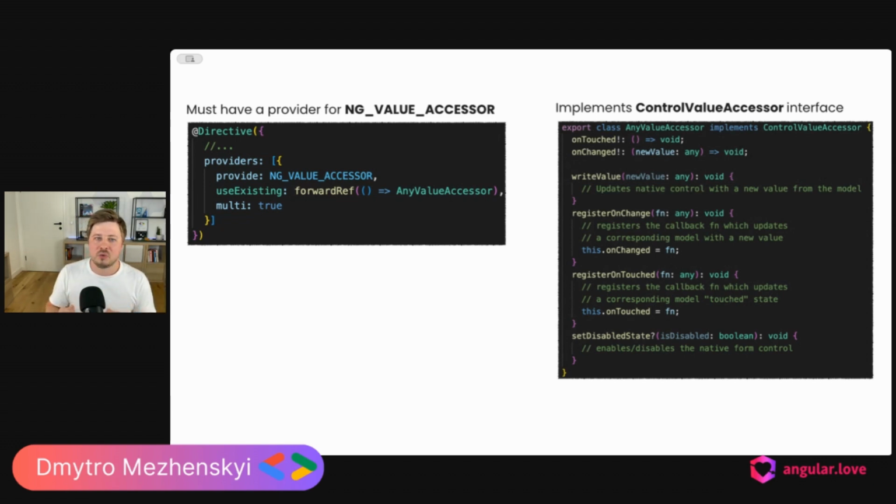This interface will require you, or anyone who implements the functionality, to implement at least three methods. It's writeValue, registerOnChange, registerOnTouched, and one is optional. It is setDisabledState. Using these four methods,